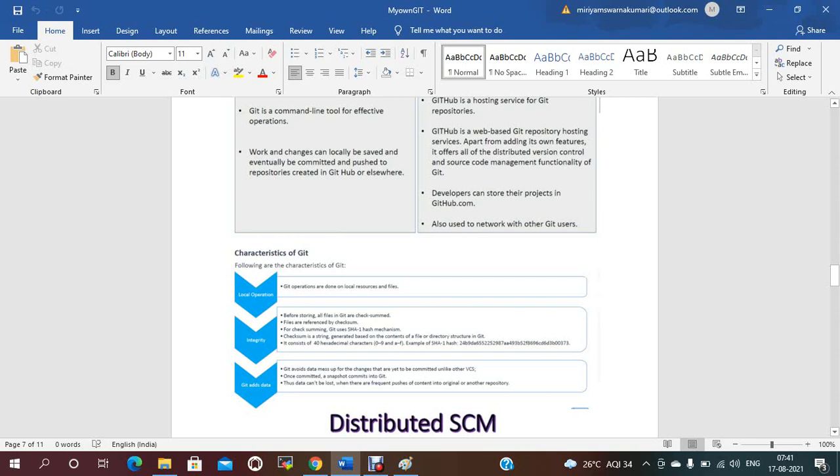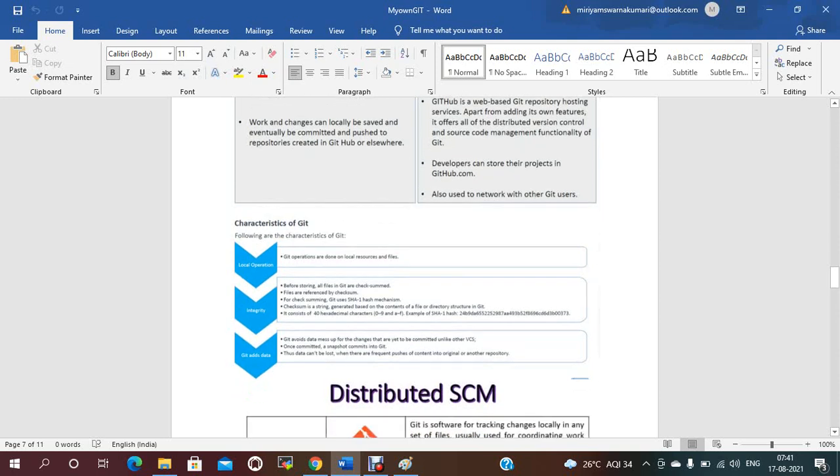It consists of forty hexadecimal characters, and a new value is generated each time. That is kind of a reference: who made the changes and which file you changed. There should also be a commit message. So with that log ID, we can describe what changes were made, in which file, and so on. Git adds the data carefully to avoid data mix-ups. Once committed, a snapshot is created in Git.